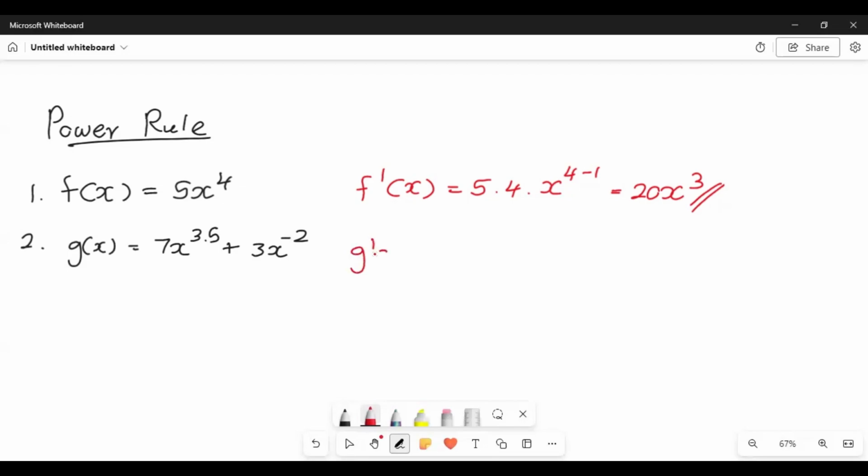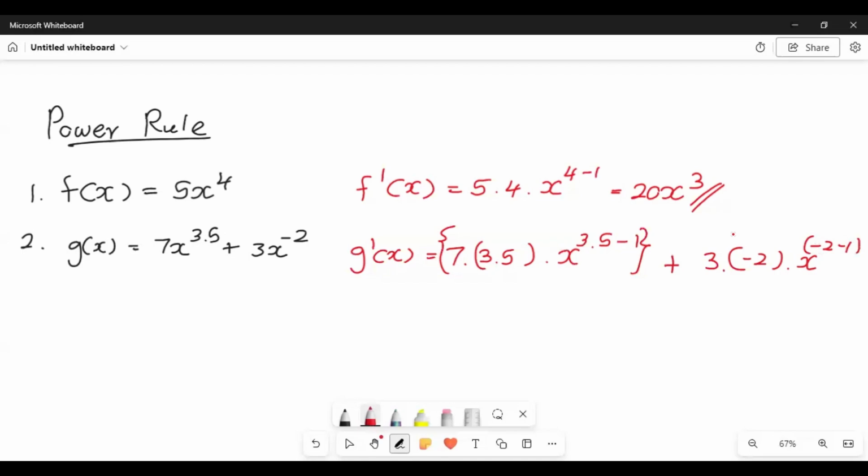So g dash x is going to be 7 times 3.5 times x to the power of 3.5 minus 1, plus 3 times negative 2 times x to the power of negative 2 minus 1. So the answer is going to be